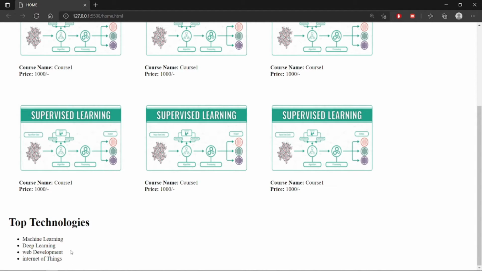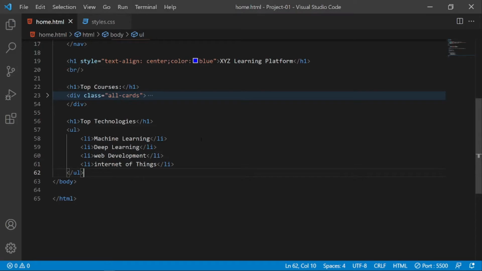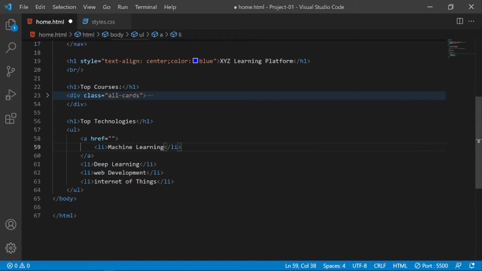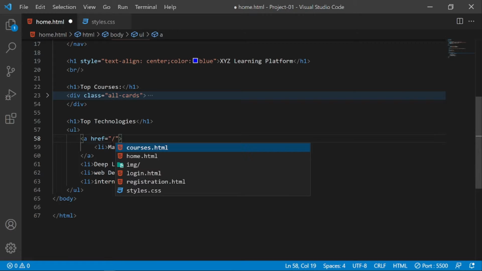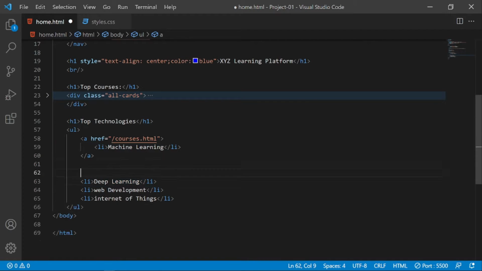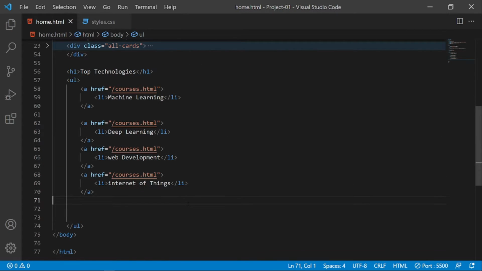Now we will change the stylings of this. Before that, we want this list item as a link here, so what we are going to do is we'll cut it here and we'll create a link and we'll paste it inside this. The reference will be, I'll refer it to the courses.html for now. Similarly, okay, now we'll save it.